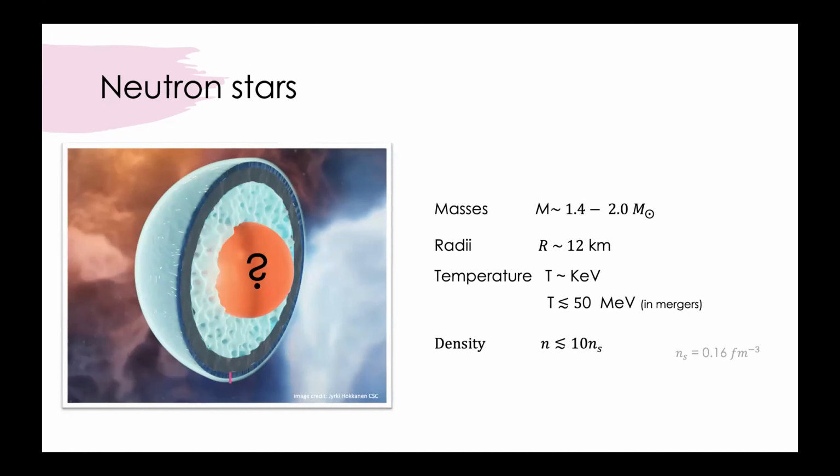Now, just to get the orders of magnitude and sizes right, you know what neutron stars are. They're end products of stellar evolution. They have masses of the order of a couple of solar masses. They have radii of 10 kilometers. The quiescent neutron stars have temperatures which are low enough that we can consider them as zero temperature objects from the nuclear physics point of view. But it's very interesting that in collisions of neutron stars, the temperatures can go quite high up and start to overlap with the temperatures reached in heavy ion collisions.